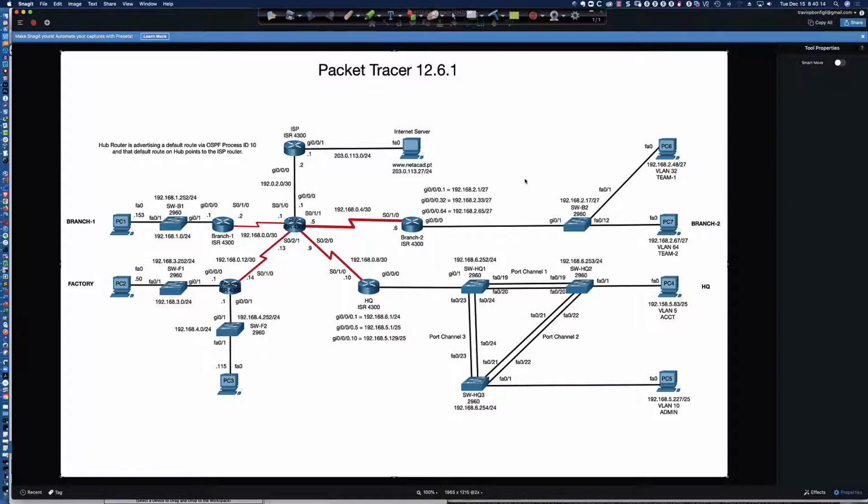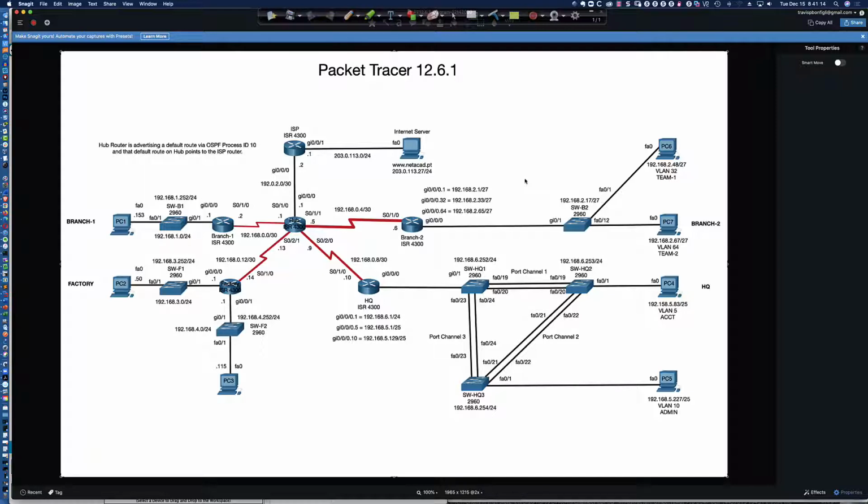Now, this is the diagram that we're going to be using to troubleshoot Packet Tracer 12.6.2, right? And I've got to be honest with you, this would make an amazing final hands-on activity in Packet Tracer. Put something together like this, maybe put in some troubleshooting, maybe some typos, but provide the learner with the steps saying configure OSPF on this router, originate a default route off of the hub router, which, if you look at that hub router, is what it is doing. This is a really great activity. I really enjoyed working through this diagram in order to get everything laid out and prepared for Packet Tracer